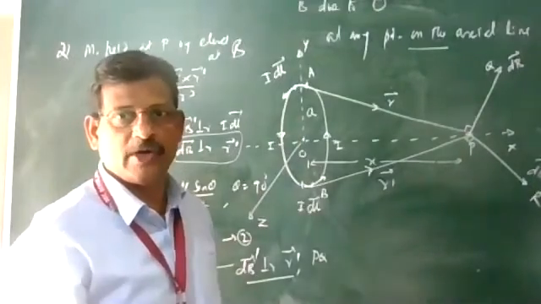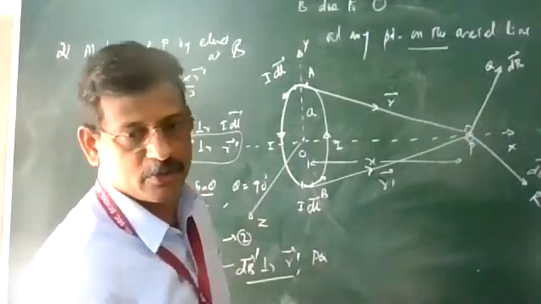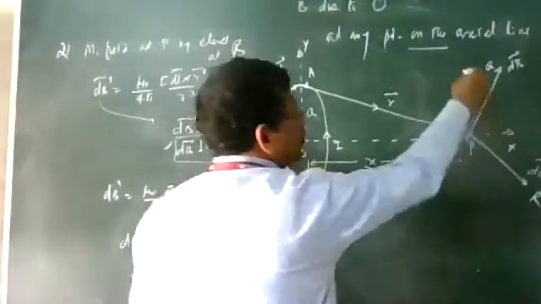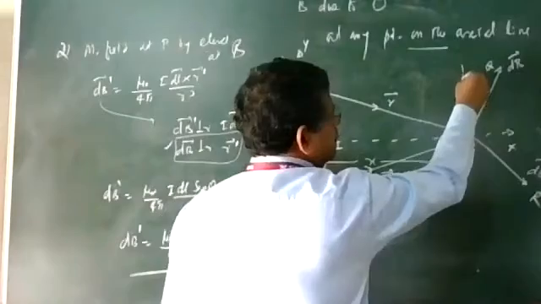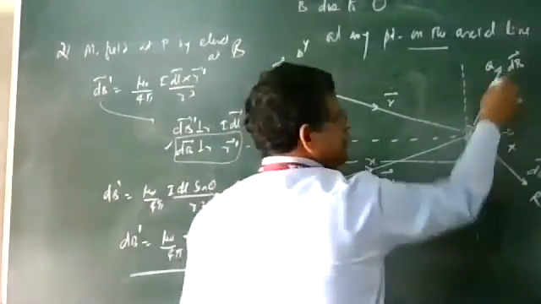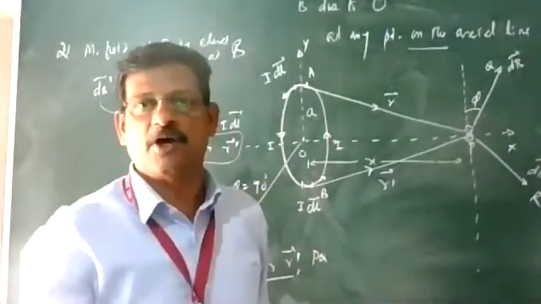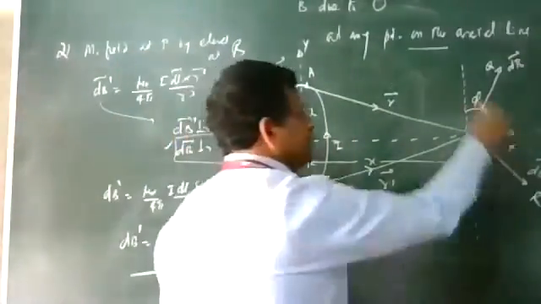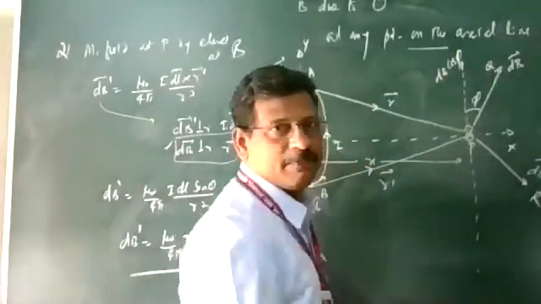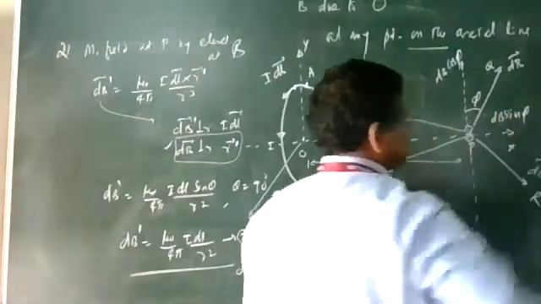Now we are going to find the resultant. The method for the resultant is that either you can use the equation or you can resolve it into components. So I am drawing a perpendicular at point P. This is the xy plane. If the dB vector makes an angle phi to this vertical line, it can be resolved into components: one is dB cos phi along vertical up, another is dB sin phi along the x-axis.